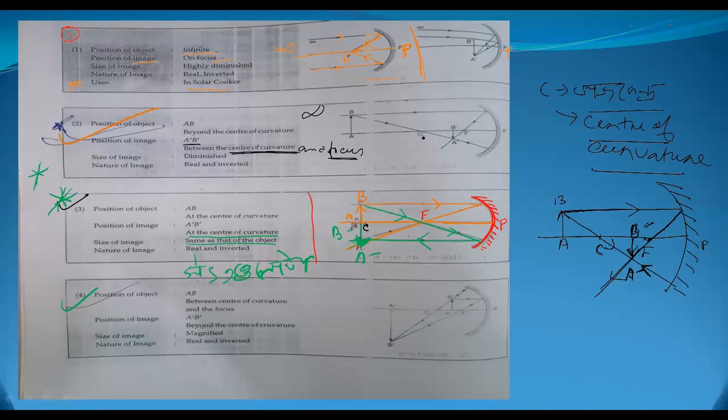the center of curvature. When the object is between the center of curvature and infinity, the image will be between the center of curvature and the focus. The reverse is also true: when the object is between the focus and the center of curvature, then the image will be formed between the center of curvature and infinity. So clear, all